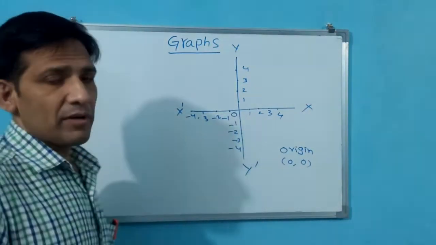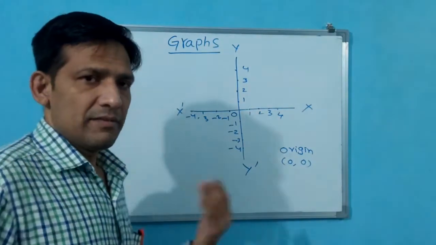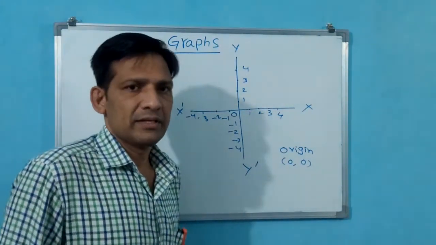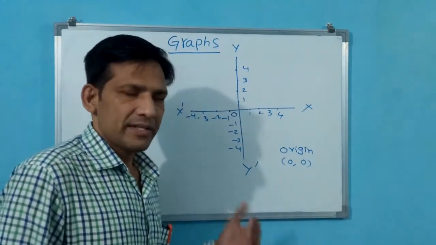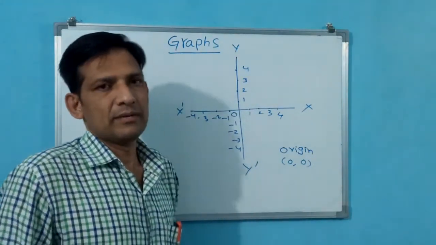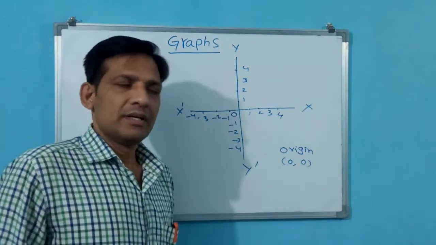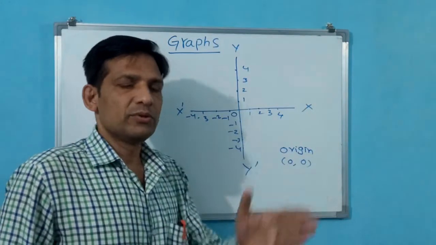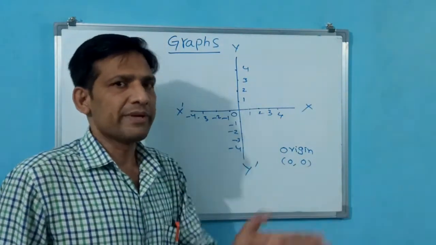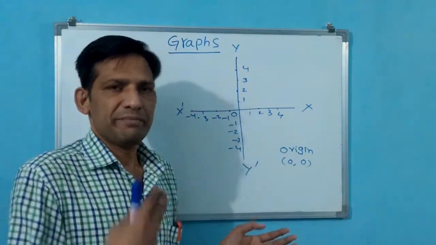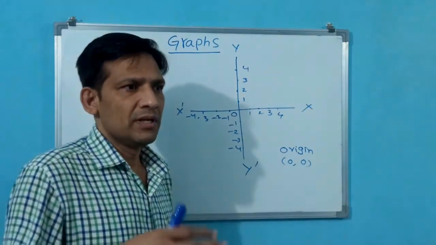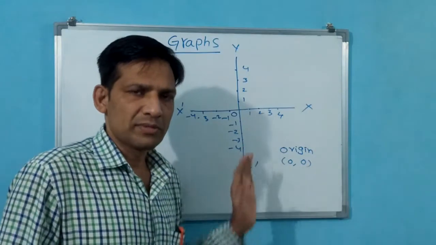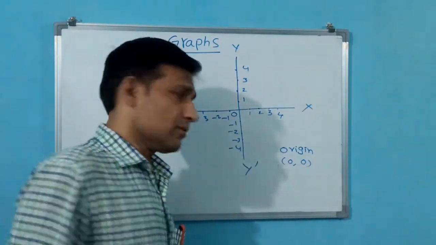Graphs are plotted between x and y variables. At least one variable should be there, x or y. If x or y is not there in any equation, we cannot plot the graph. We will see the types of graph shapes, slowly from simple to complex: one variable, different variables, multiplication of variables. After 6 or 7 graphs, we can understand what graphs are and how they come. Okay, let us go.